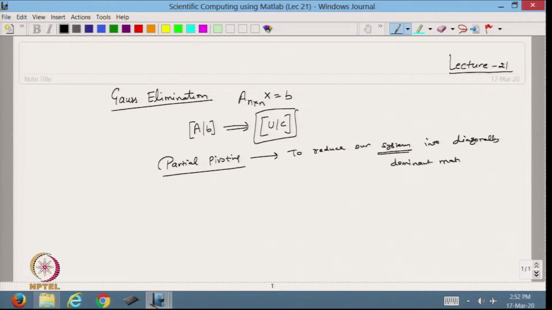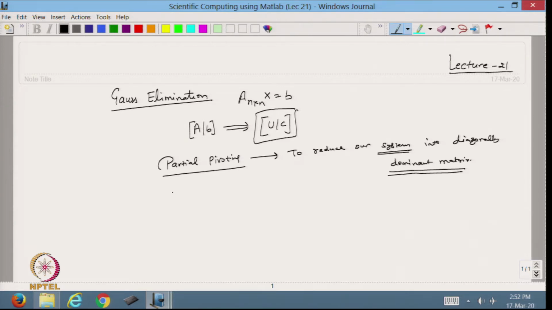We want to reduce the corresponding matrix into the diagonal dominant matrix. Once we have a diagonal dominant matrix, then we know that we are always going to have the solution using the Gauss elimination method.